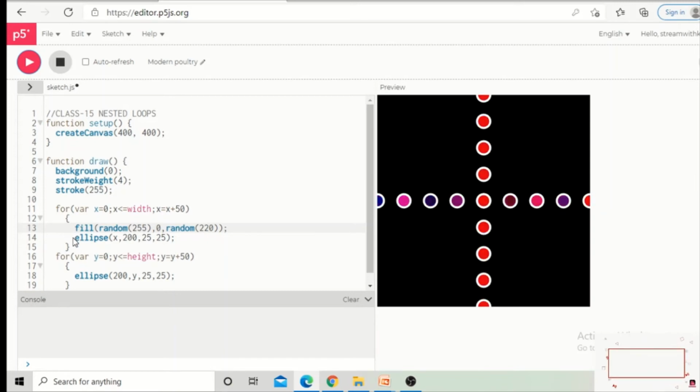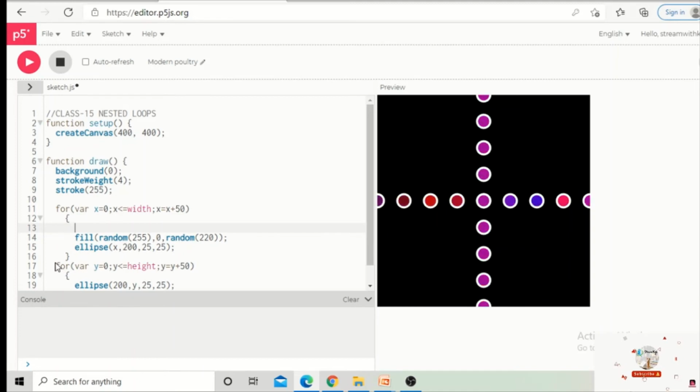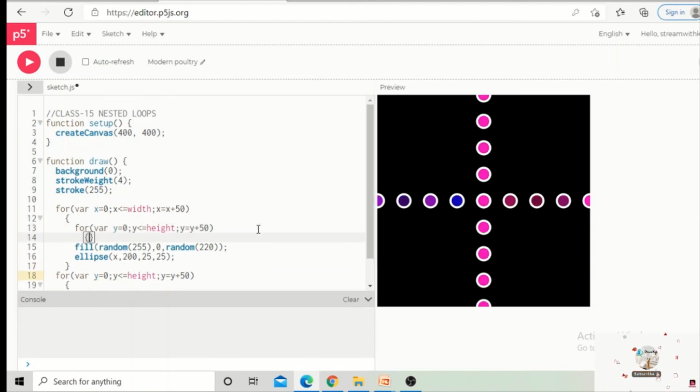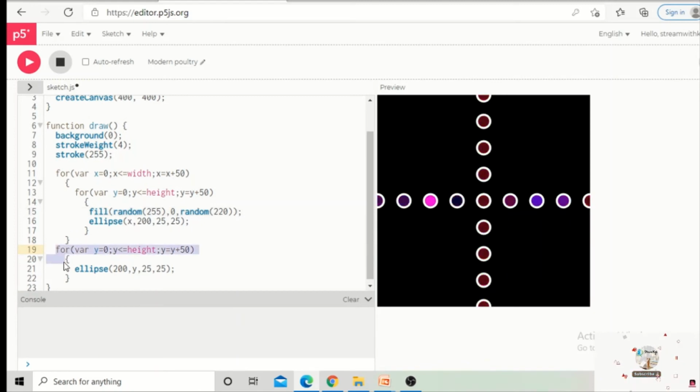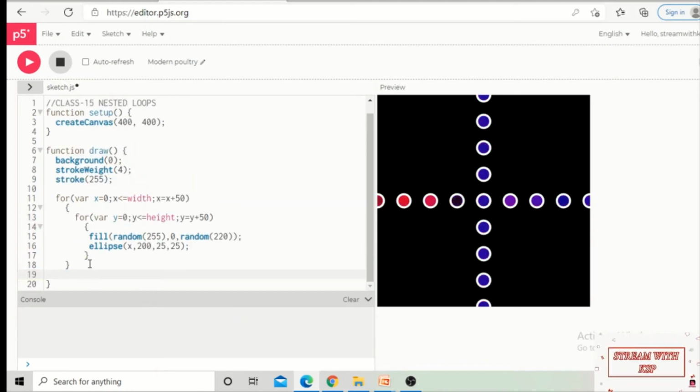Even though we have given fill color for one ellipse, it is displaying for all ellipses because we described it entirely. Okay, now what I will do, I will include this particular for loop inside the loop. I will copy the code from here and paste it here. I need to give one more flower brackets because it is the second loop, right? And now we need to follow proper indentation. After the flower brackets it should start. And I'm going to delete this loop.